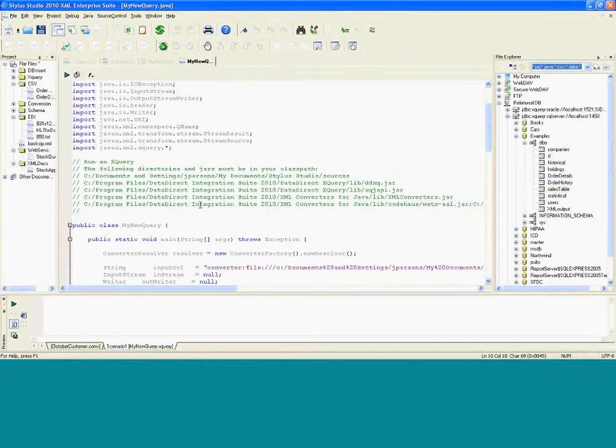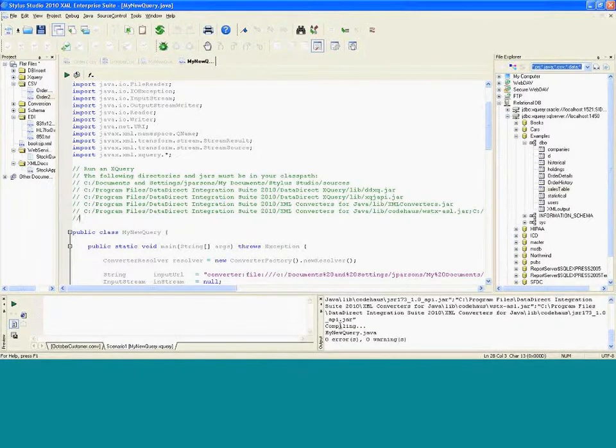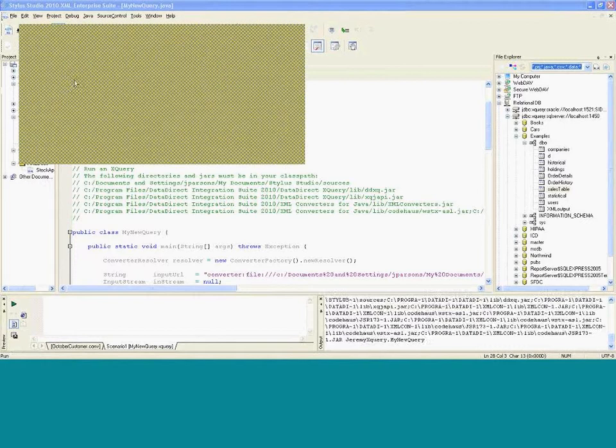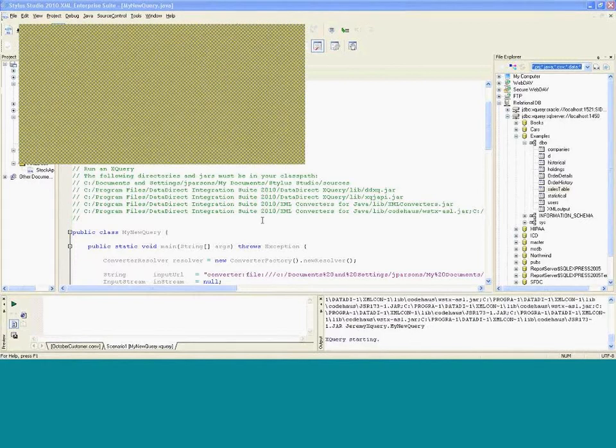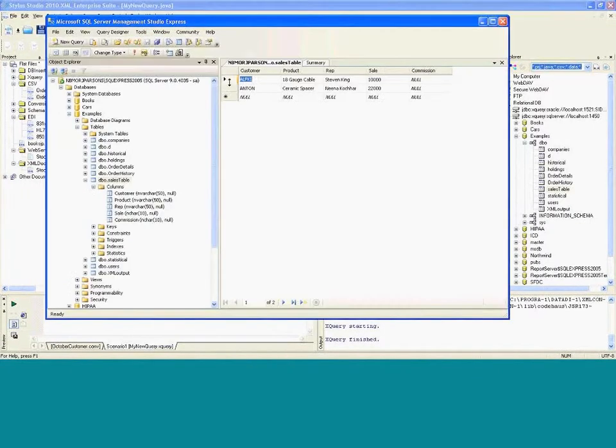It also points me to all of the libraries that are needed to run DataDirect XQuery behind the scenes. So here I have things for my XQuery as well as my XML converters. I can compile this Java, and you'll see down on the bottom right it compiled, and I can also run it or test it inside of my environment. You'll see here that it started and finished, and you don't see any output. But if I go into SQL and I hit play again, now you'll see there's a duplicate, showing you that it ran again and pulled in that same result, because this is the same query and I would expect it to do so.